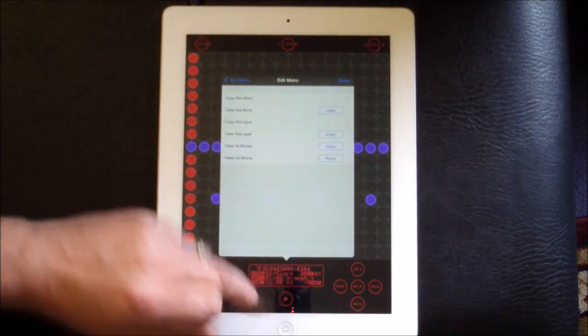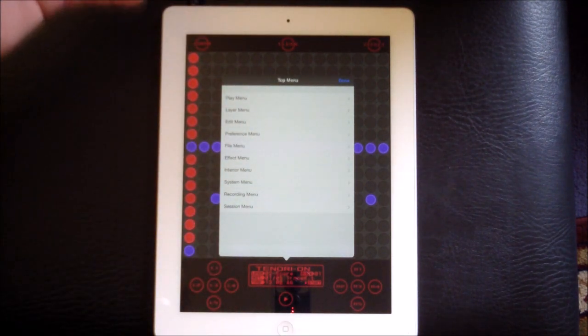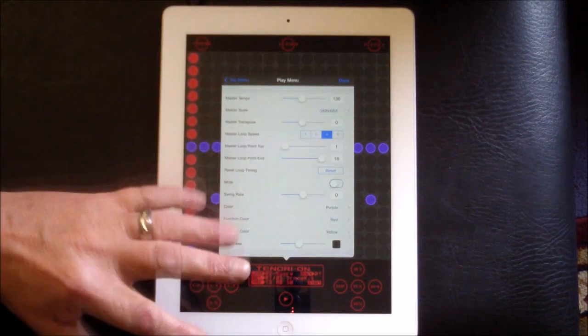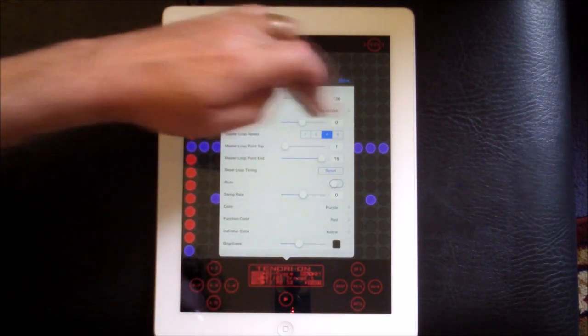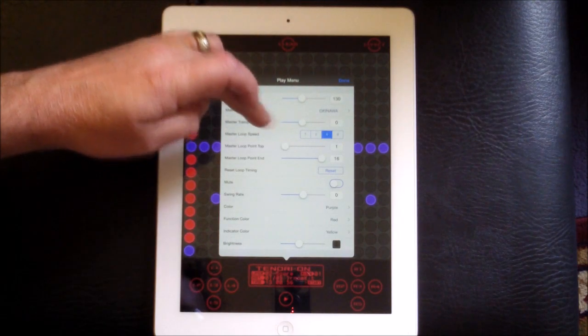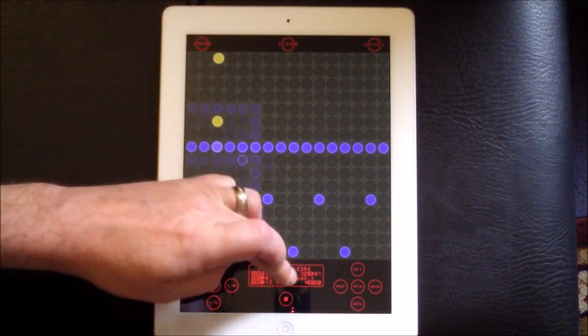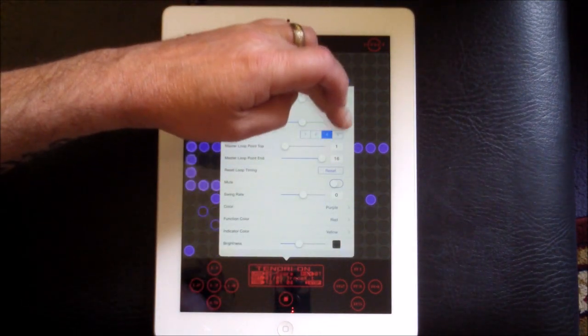Now there are different ways to select your sound. If we hit this here, we get to our menu system. This is where it gets quite complex. The play menu here is your basic overall settings for playing: your master tempo, your scale, your master transpose, your master loop speed. So if we start playing and start altering things here, like the loop speed, for instance,